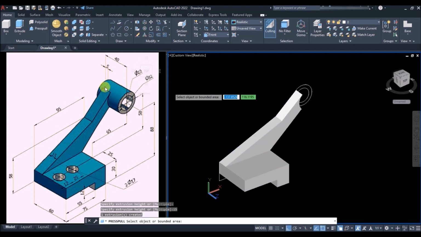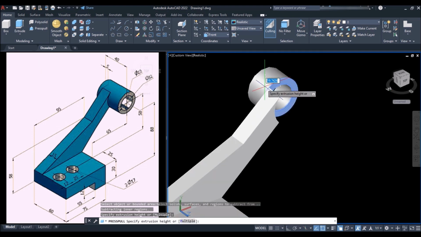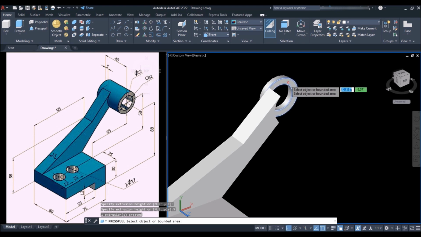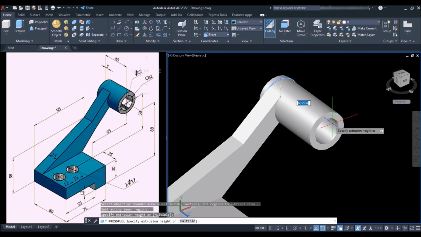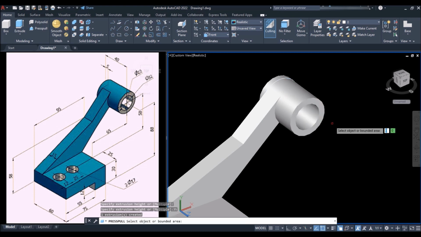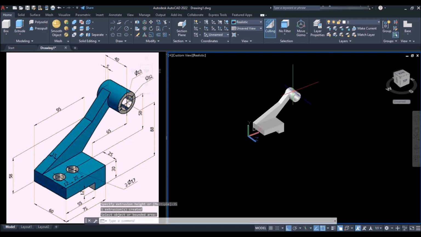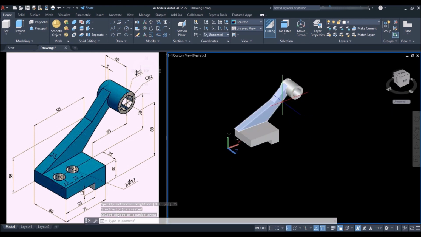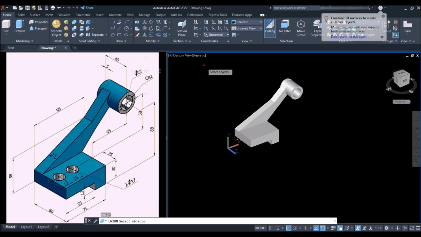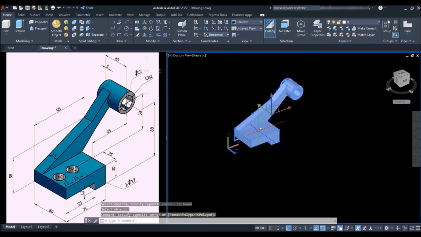This is 40 but towards backside by 5. So click inside this and extrude it backwards by 5 units first. Then click on this and 35 towards front and then right click to exit from the press pull command. Now type UNI and press enter. Select the complete 3D model and press enter to union this into one element. Now I'll erase all the 2D lines.